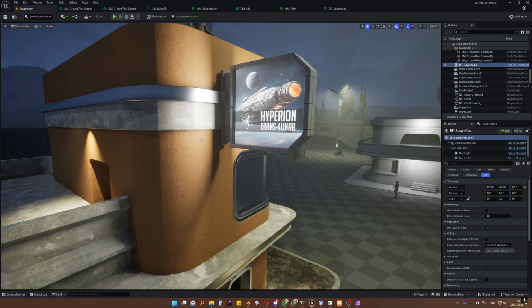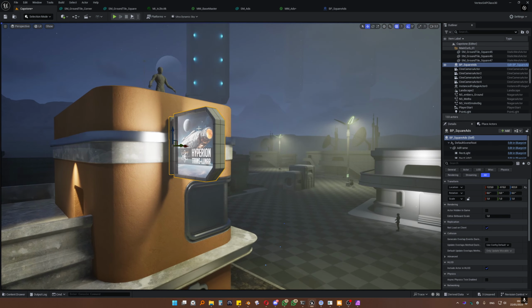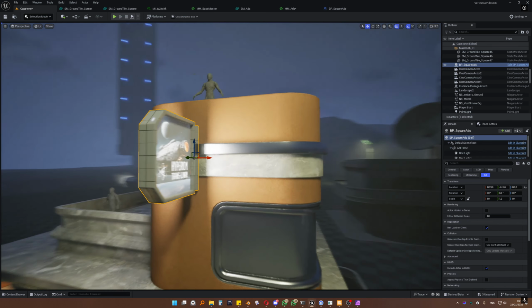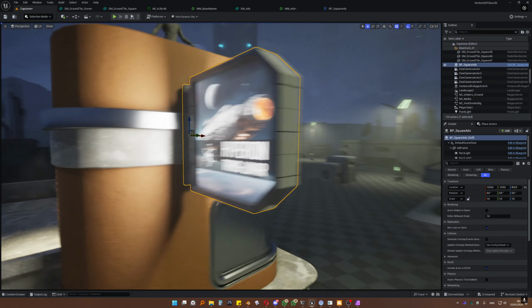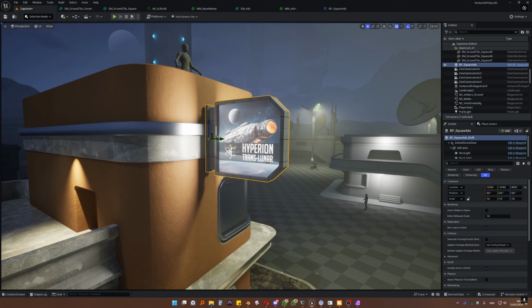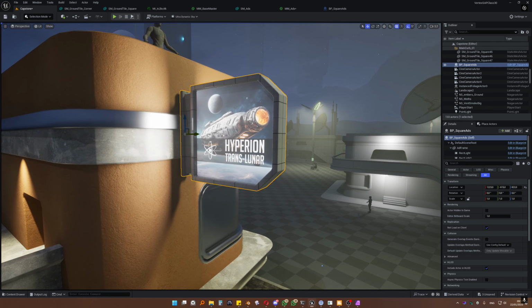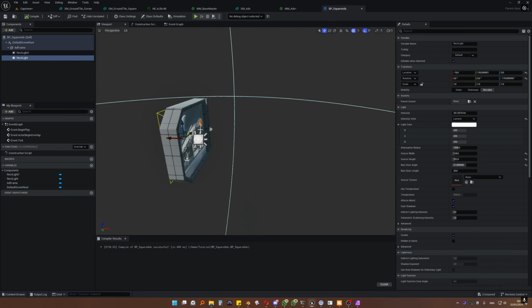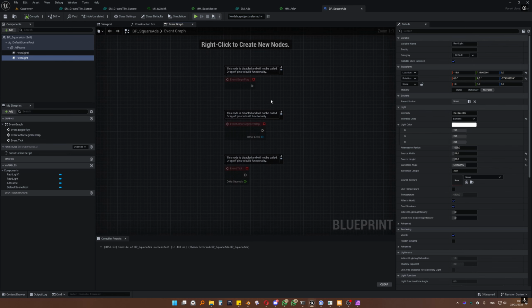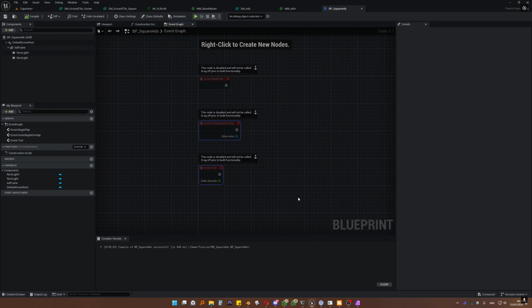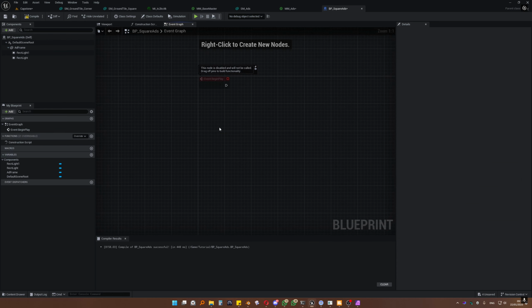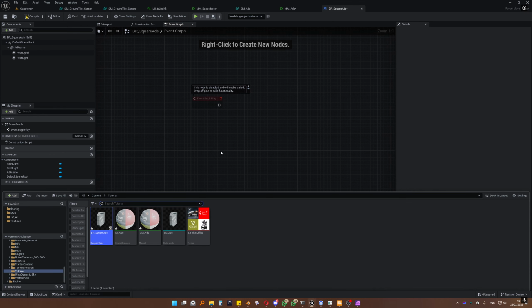Right, so as you can see now, we have the ad, and that's all cool, but we want to go above and beyond and make this actually really nice. So what we want to do is go into the event graph and delete the actor begin overlap and event tick. And the very first thing we want to do is actually go back, because we're missing one crucial thing,